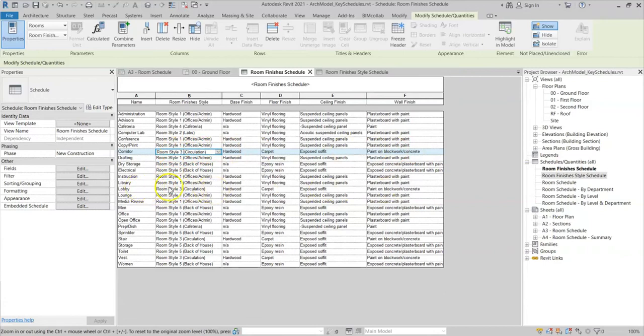So you can see for this lobby here and for the vestibule down here. So this allows for quick changing of the values